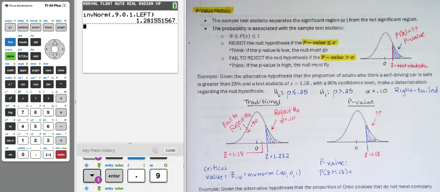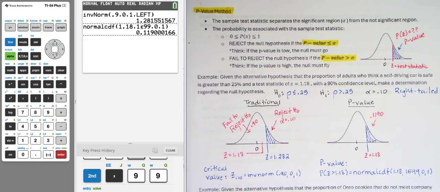In this case, I'm looking for the probability of a z-value that is greater than 1.18. Calculating out our normal CDF, we get that the probability is 0.1190. I can now make my